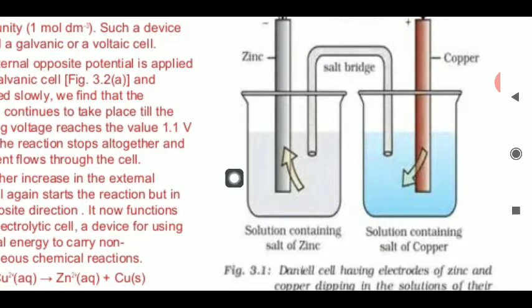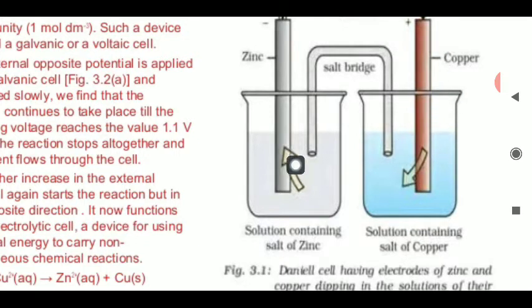So now what will happen? What was happening in this beaker? The zinc atom dissociates itself, forming the zinc ion and electrons. All the electrons start moving from this side to this side. What was happening there? The copper sulfate dissociated to form the cupric ion as well as the sulfate ion. All the cupric ions start depositing on these electrodes. Why? Because electrons are coming from this side to this side, and the cupric ion has to take the electrons, and they start depositing on the copper electrode.